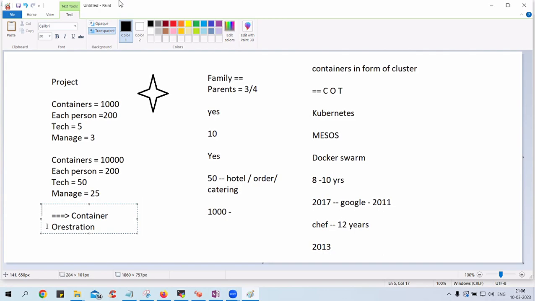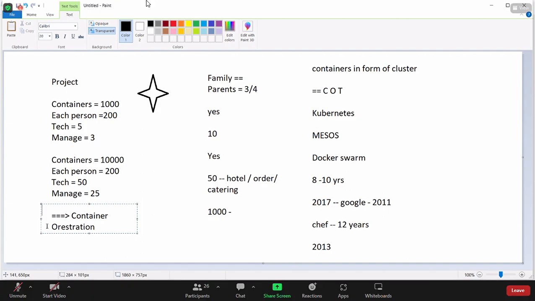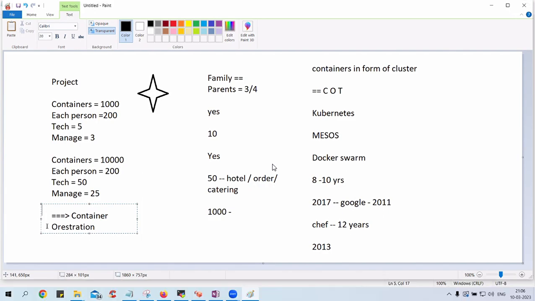Now, do you think the company focuses on Kubernetes? Is that required for them? Tell me, guys, is that required for them, first of all? Not required. That is an assumption. That is what the standards say.